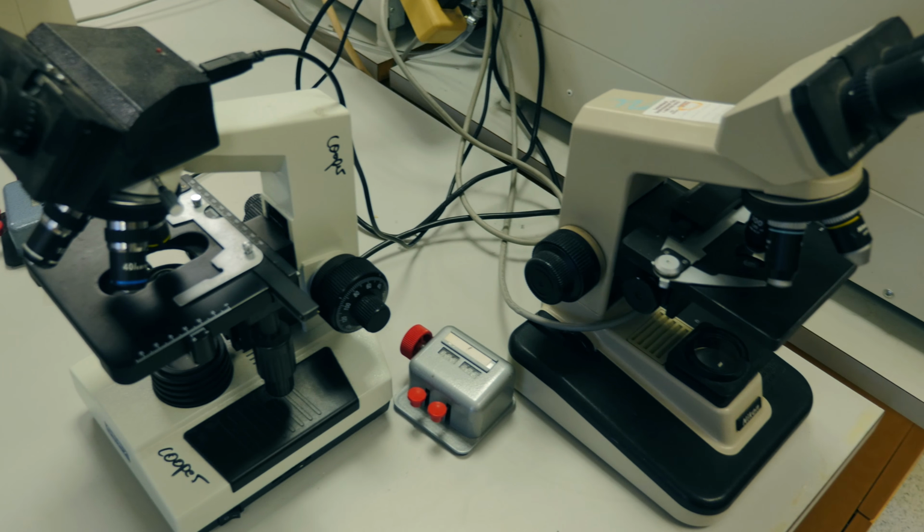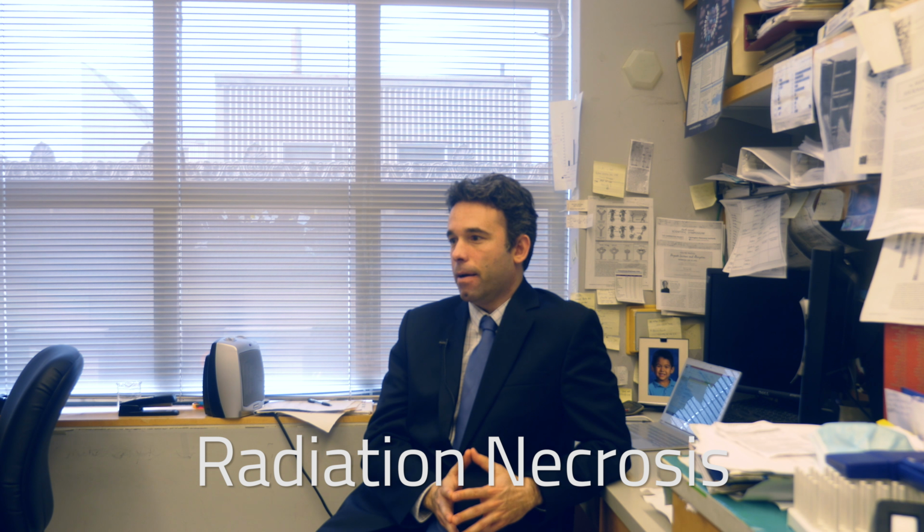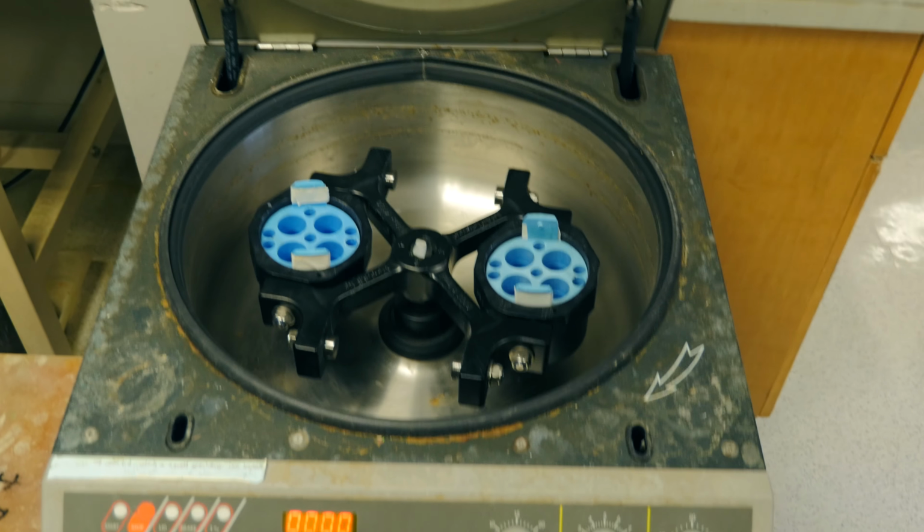So we're trying to develop a new way to differentiate this malignant type of brain cancer from another relatively benign condition called radiation necrosis, which is a consequence of the treatment for this tumor. So patients that develop this brain cancer are treated with surgery and chemotherapy. But when the patients come back 2 or 3 months after initial removal of this brain tumor, the neurosurgeons